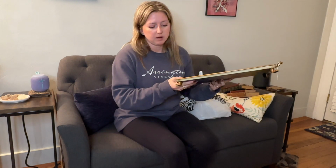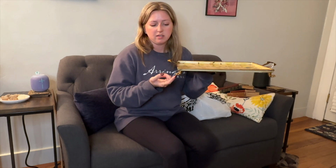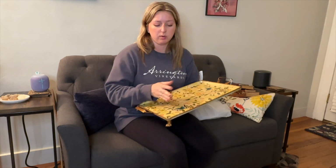The other thing that I really like about this tray and what originally drew me to it is that it has these little clawfoot feet. And I love any vintage items that have clawfoot feet or just feet like this in general. I think it's such a cool and special detail on a piece of furniture or decor, and it just brings so much character to the space. So this was definitely what drew me to this tray originally. What I'm thinking is that we will put this on our coffee table in this room, and we'll be able to put some of Matt's books in between this with some bookends on the end, and it would be a cool little centerpiece to